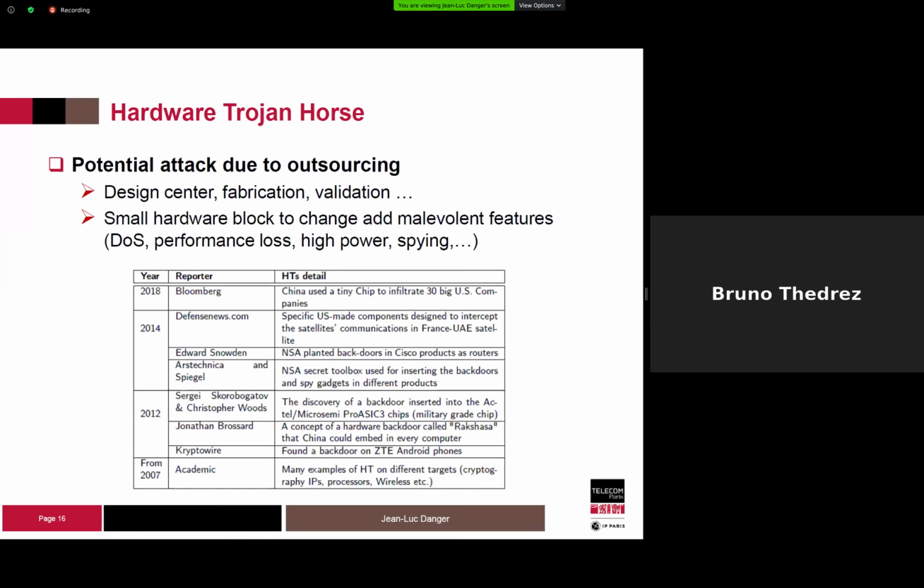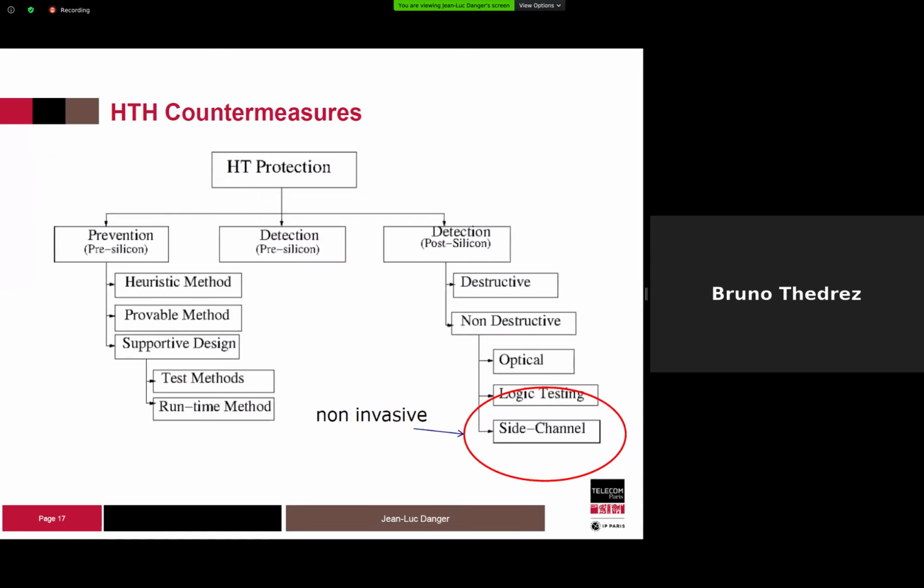But sometimes in the media we can see that some hardware Trojan horses are detected. The most recent one was two years ago, by Bloomberg. A very small chip was discovered in a printed circuit board for Cisco. It's not only a potential attack, but a very sensitive attack, and there is a lot of